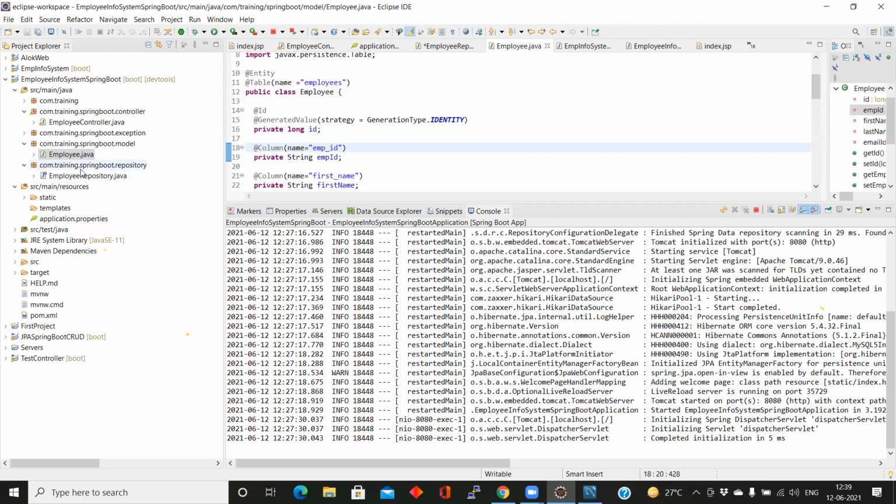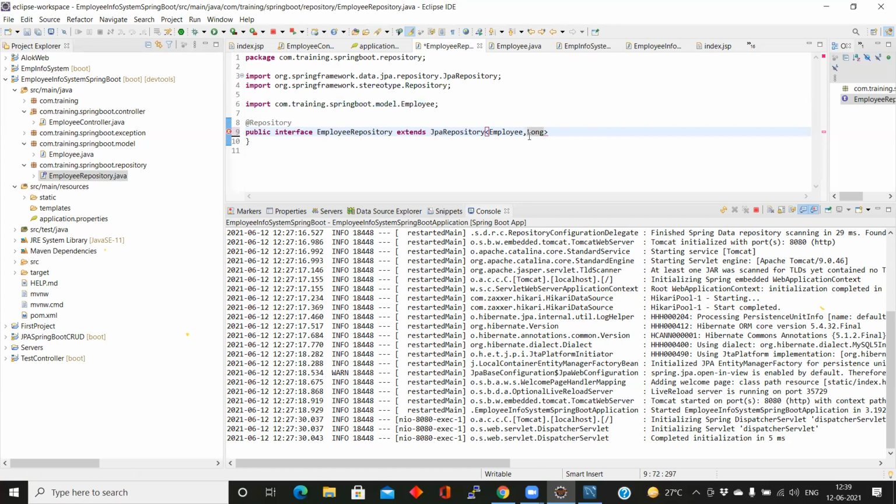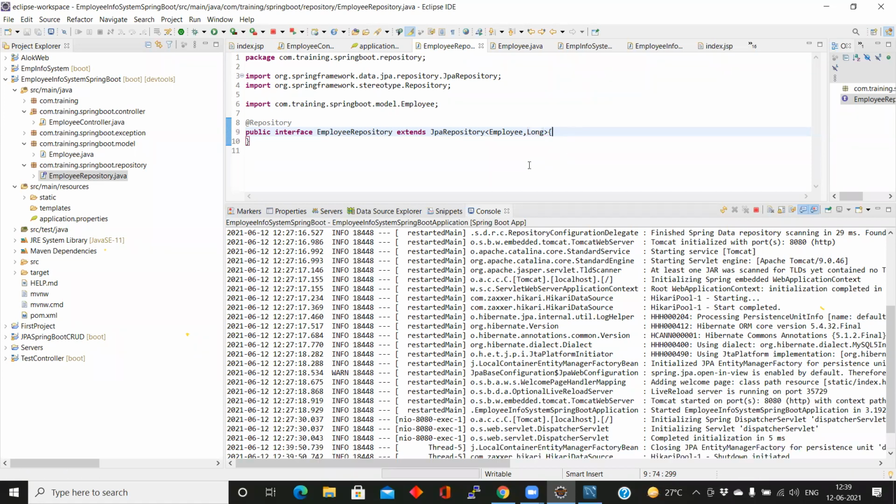Here you need to write the data type of the ID. Okay. You are not required to do anything more.